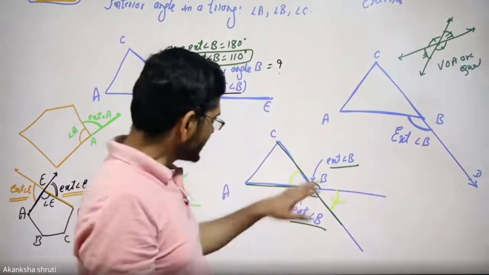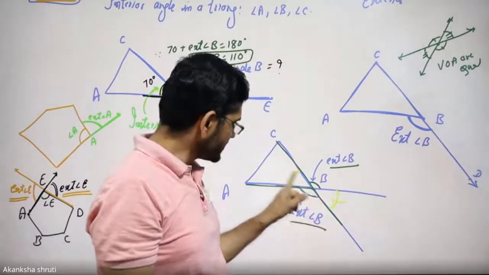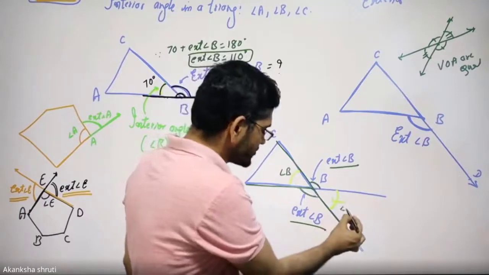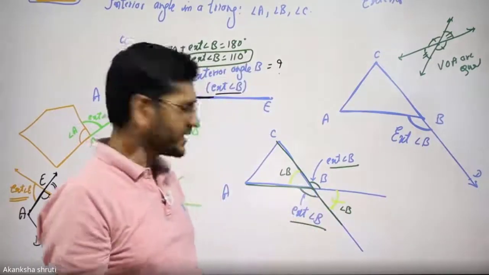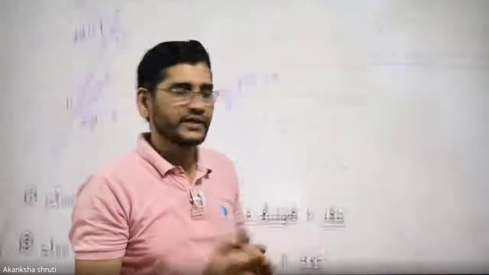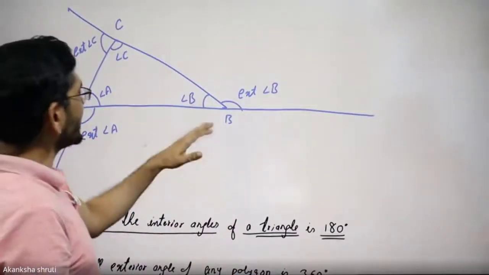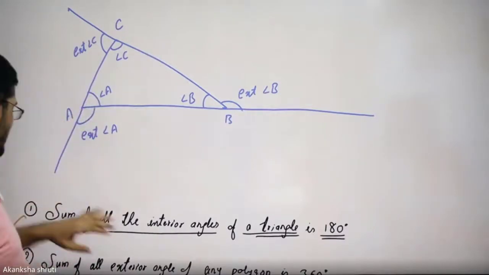So that's why both of these are the external angle. But if you consider this, it is the same as angle B. This is the internal angle. This will also be like an internal angle because these two are vertically opposite angles. Okay. This way, internal and external angles can be calculated very easily. Students, how many external angles for a triangle? There could be 3 external angles, one at each vertex.